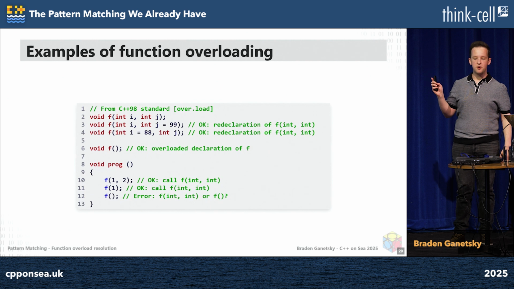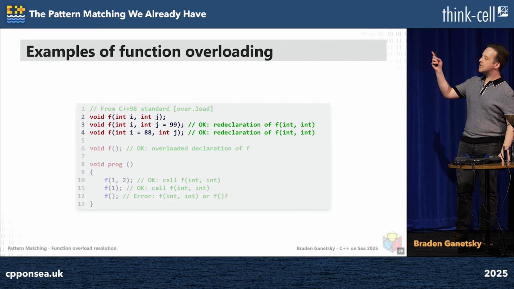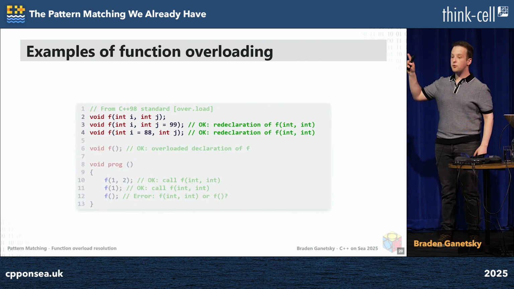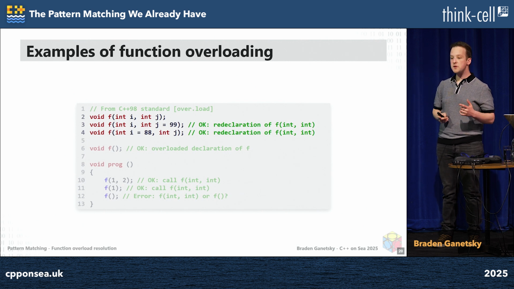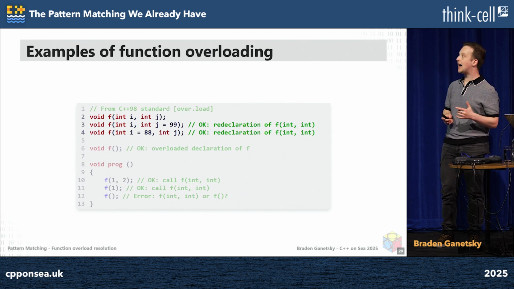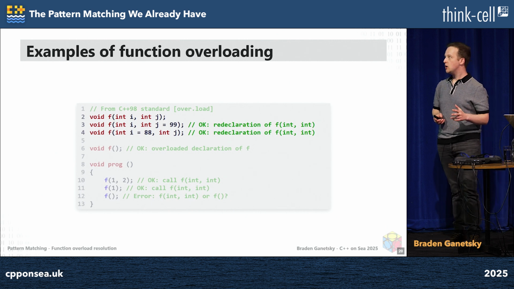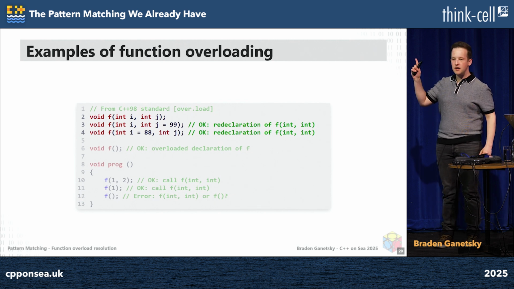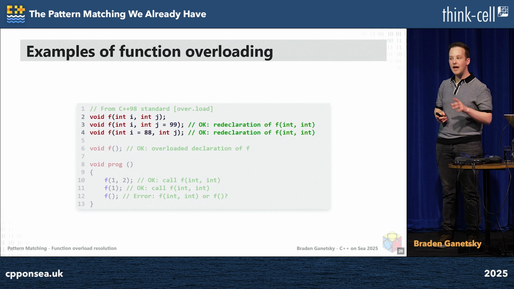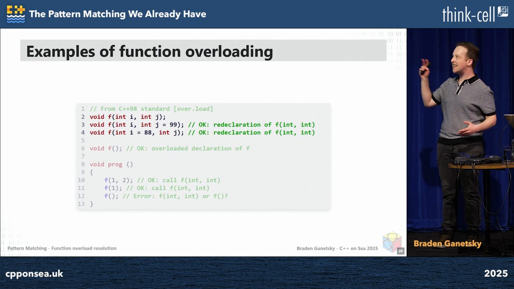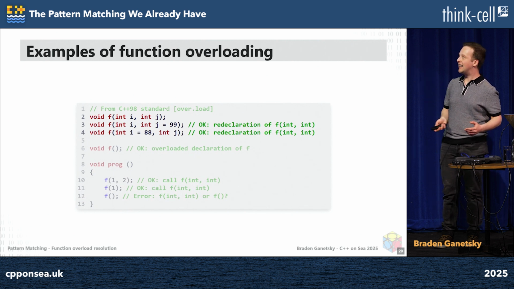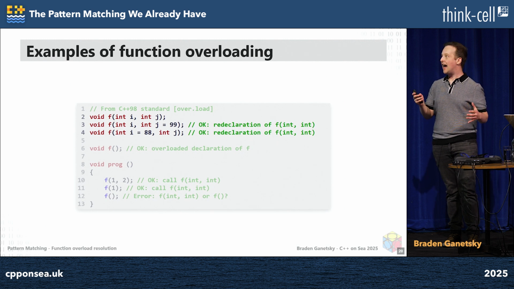Here's an example that is not interactive. Sorry. So there's a function here. This is three declarations for the same function. So the first time we declare it, we have two ints, int i and int j. The second time we declare it, we also have int i and int j, but we give j a default value. And then the third time we give i a default value. But it's the same overload, same function. So we can only have one body that corresponds to all three of these. And we can only add in the default value once per parameter. So we're adding it in the second parameter in line 3 and adding it to the first parameter in line 4, and that's completely valid.